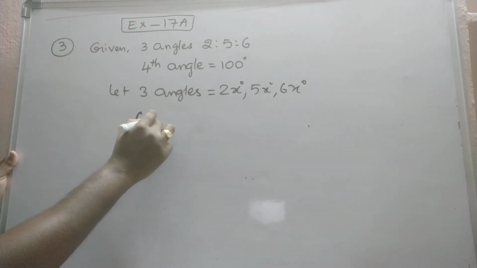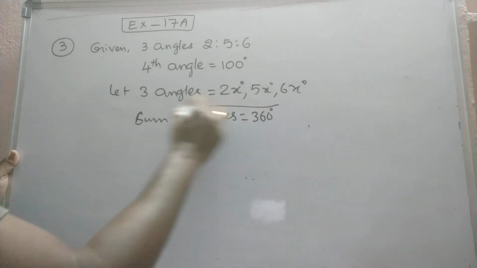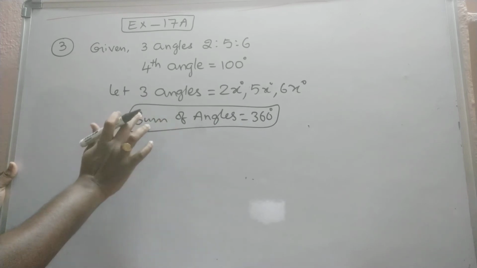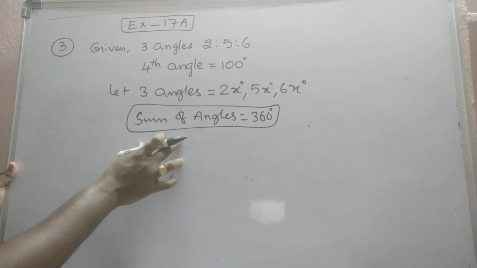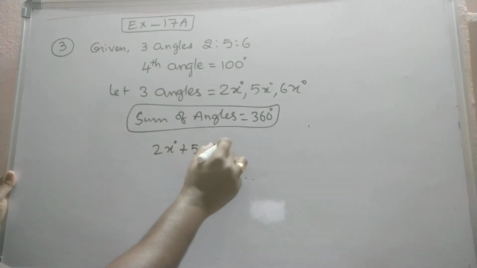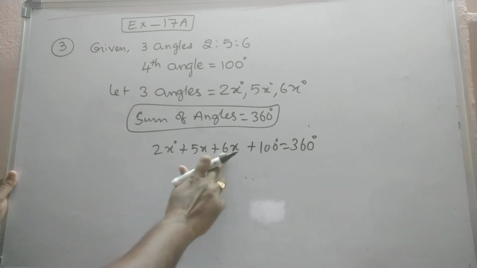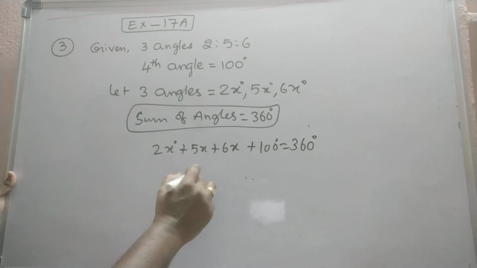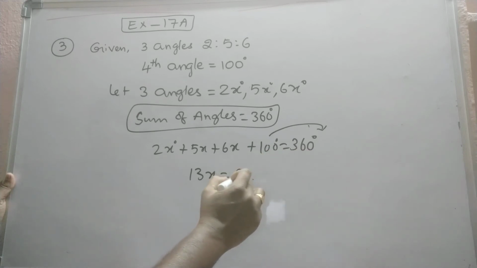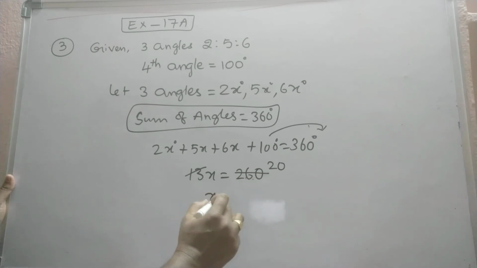But what you know, angle sum property. So sum of angles in a quadrilateral is equal to 360. Please highlight it so that there is a difference. So we can consider this as a formula or the logic or base which you have applied. So 2x degrees plus 5x plus 6x plus 100 degrees is equal to 360. So 5 plus 6 is 11, plus 2 is 13x is equal to 360; subtract 100 and transpose to the right side, we will get 260. 13 ones are 13, 13 twos are 26, so 20. x is equal to 20 degrees.